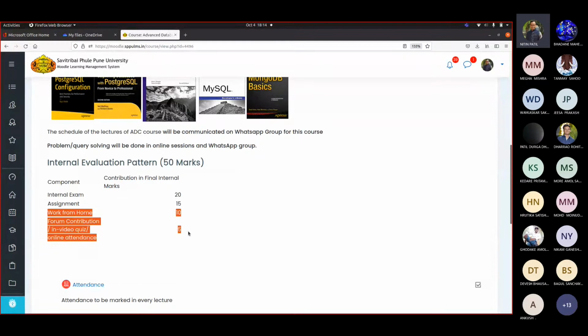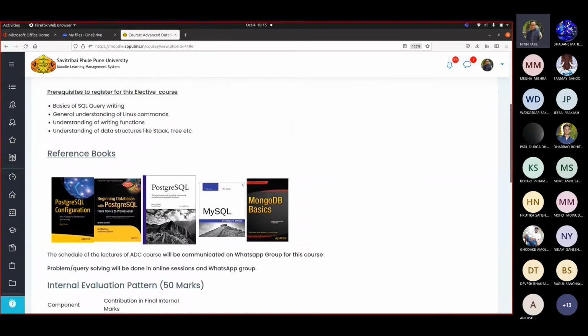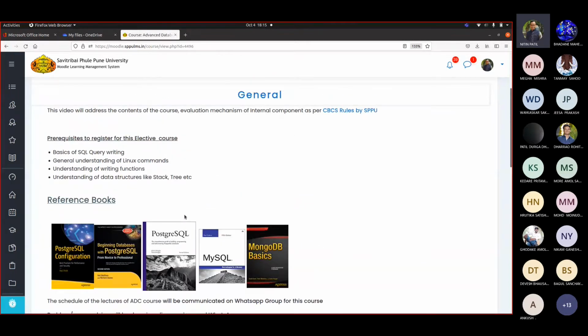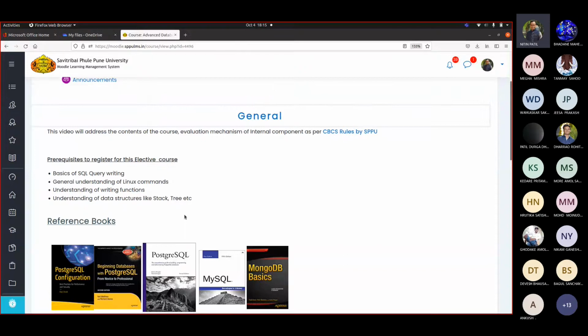Work from home would be the activities that you are going to carry out. We may change this proportion of evaluation. If we do too many things, we can change this to give more weightage in the evaluation. That decision we will take later, depending upon how you revert back to me by creating those different screenshots. There are books that I would be using, but maybe I will not stick with these books. Rather, it would be better if you see something, you try it.